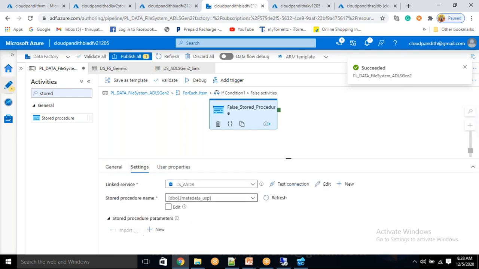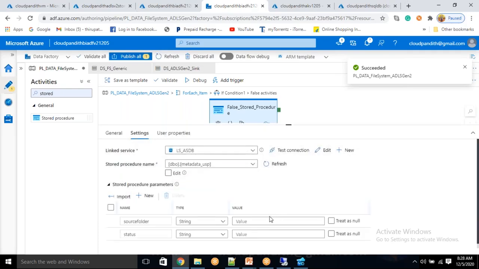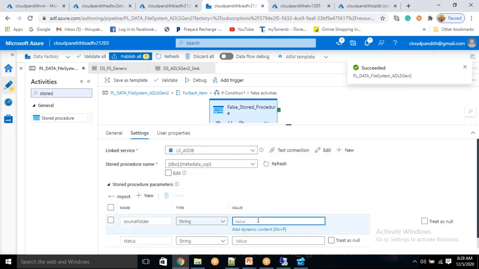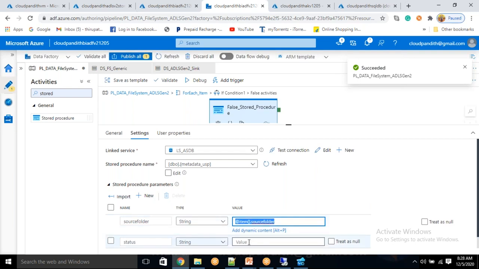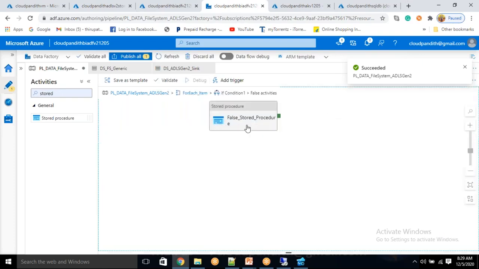So this is a get metadata, import these parameters. Here I will say source folder name is @item dot this folder. Status I will mark as failed. Okay, now I will debug or run, doesn't matter, but now you know it is going to execute